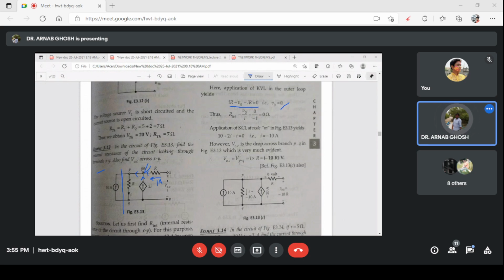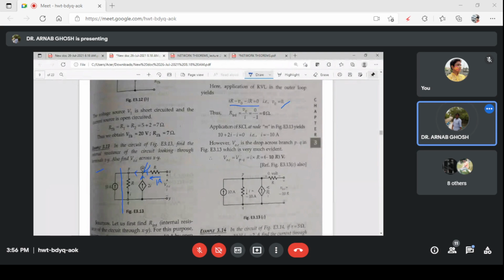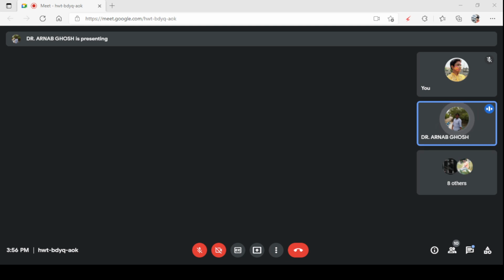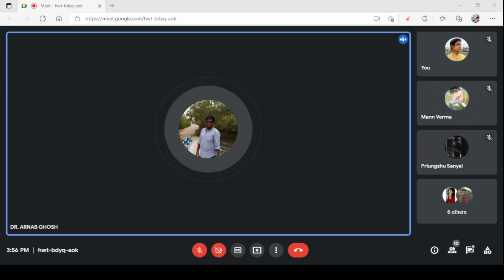This is 10 ampere. Okay. And the 10 ampere source is having the direction of this. So when I am considering the loop, KCL at this node again here, so this is 10 plus I, this is becoming 10 plus 2I minus I is equal to 0. This direction. Remember the figure. The current is in this direction. I will just get back to that problem screen.